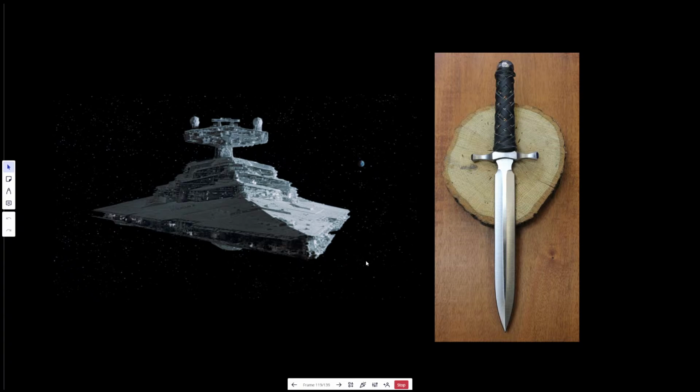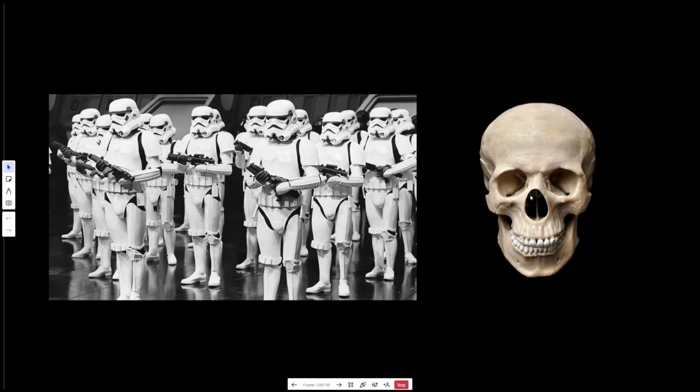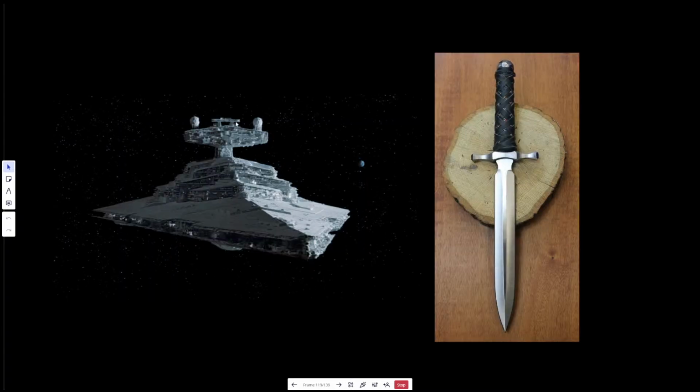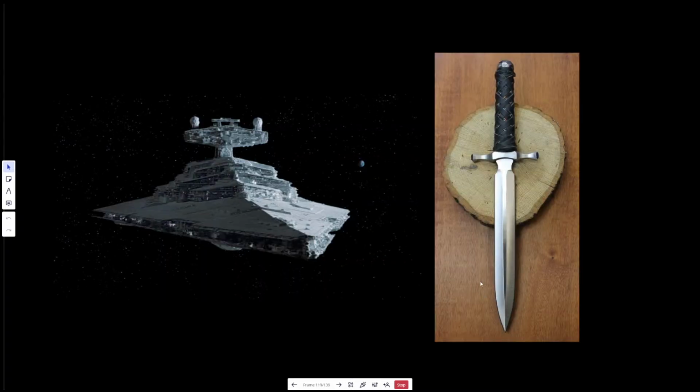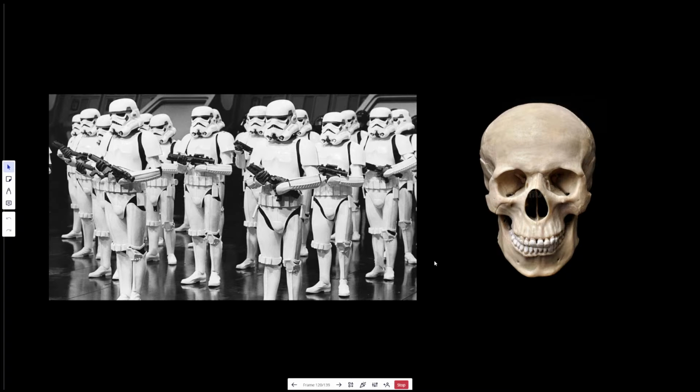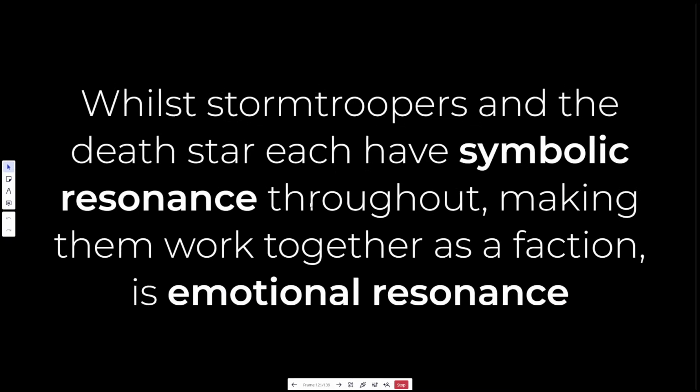A stormtrooper is basically just like skeleton warriors, sci-fi skeleton warriors. That's that symbolic resonance. That's what they resonate with, what they're reminding you of, what they feel like. Now, these guys don't have any resonance to the Star Destroyer, but the skull has a similar emotional quality to the knife, which is that it's a bad guy, dangerous and deadly. Those things feel emotionally similar, and that's why stormtroopers work together with the Star Destroyer, ignore that it says Death Star,